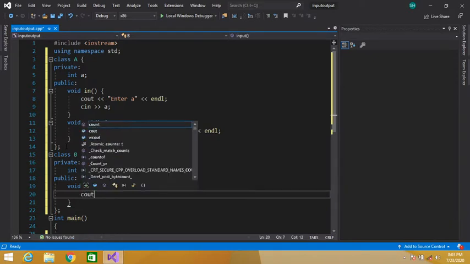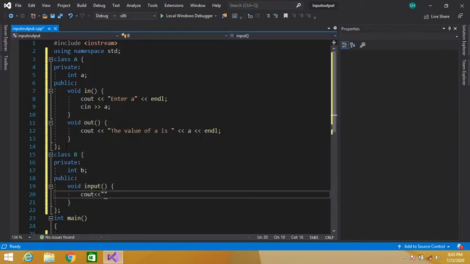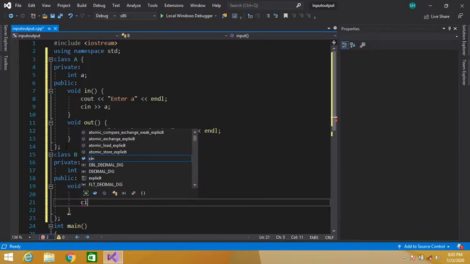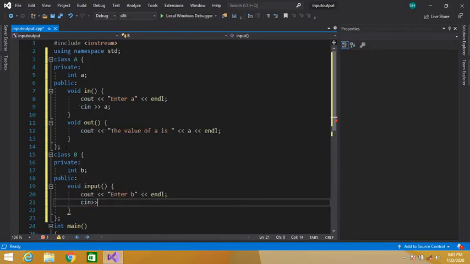Let's prompt the user to enter a value: Enter B, in our B data member.